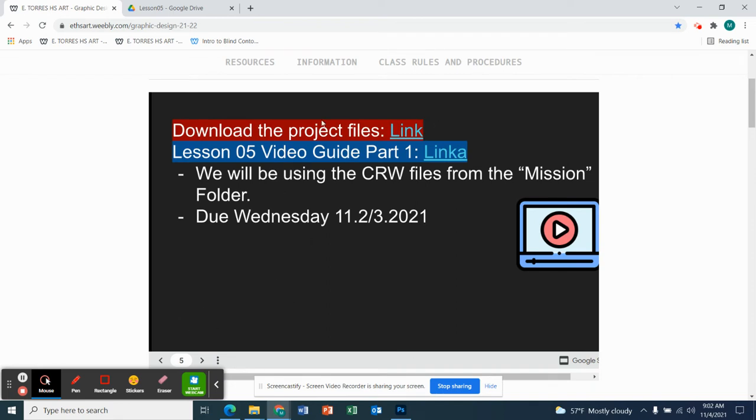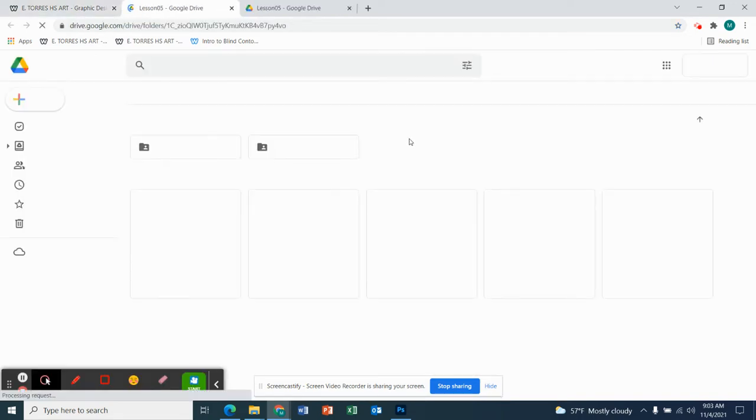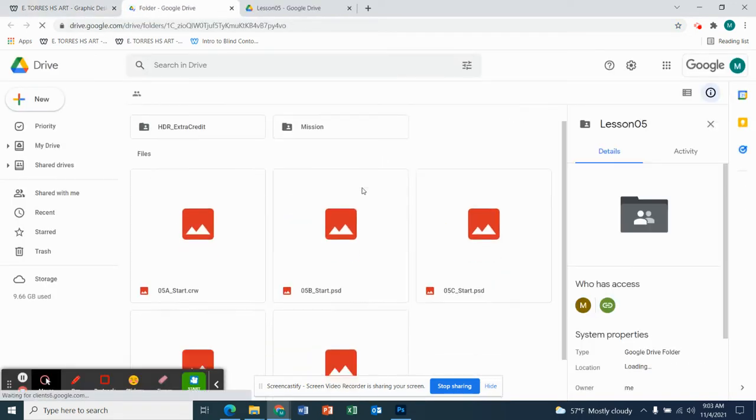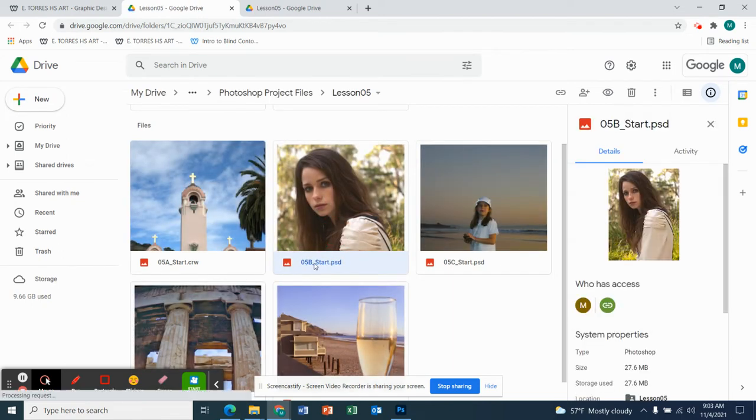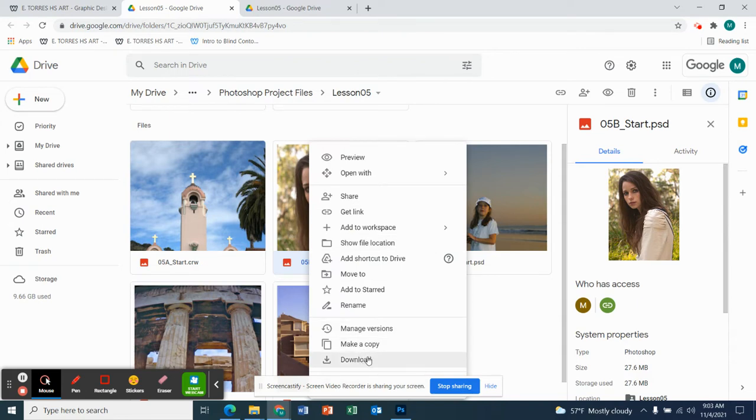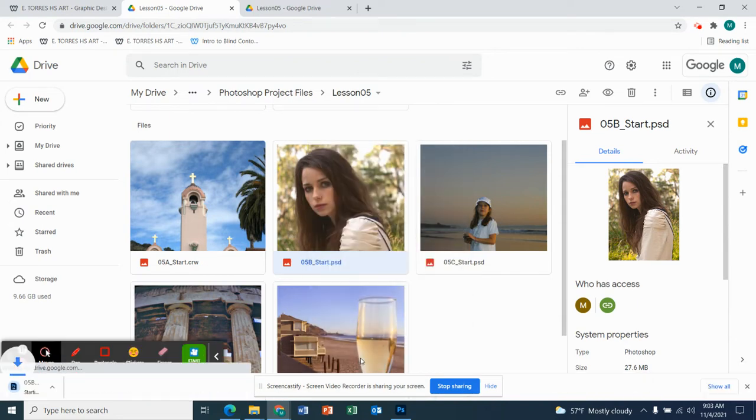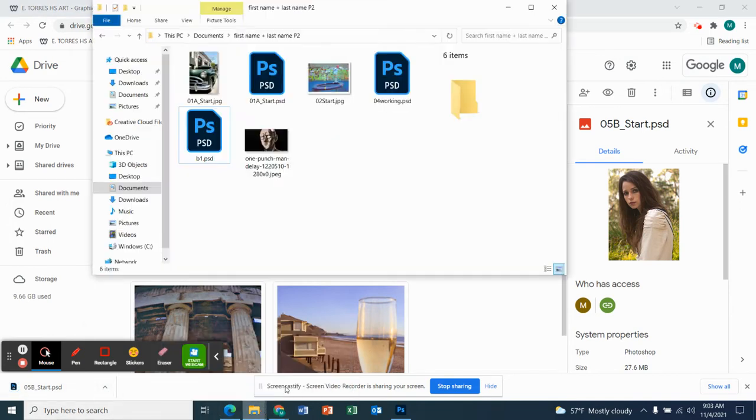Moving onward, you can go to the Resources tab to download the project files, or you can click on this link right here that I've provided. In this part of the lesson, you need to download 0b_start. So go ahead, right click and download that. It is a Photoshop file. So all you need to do is go to your downloads folder